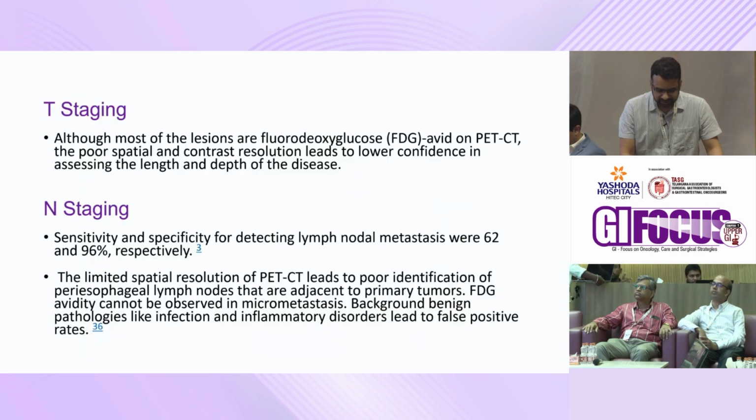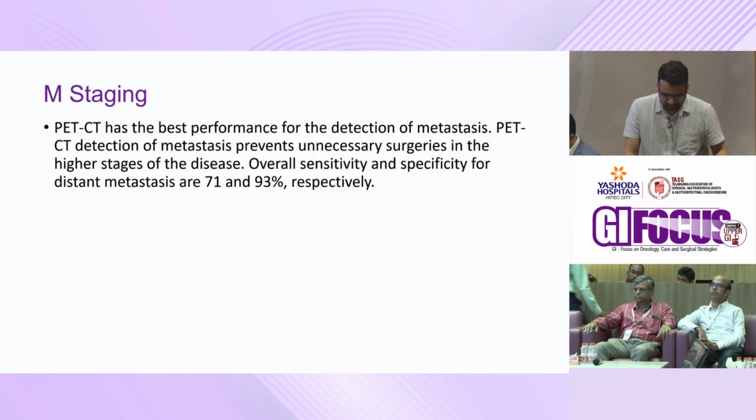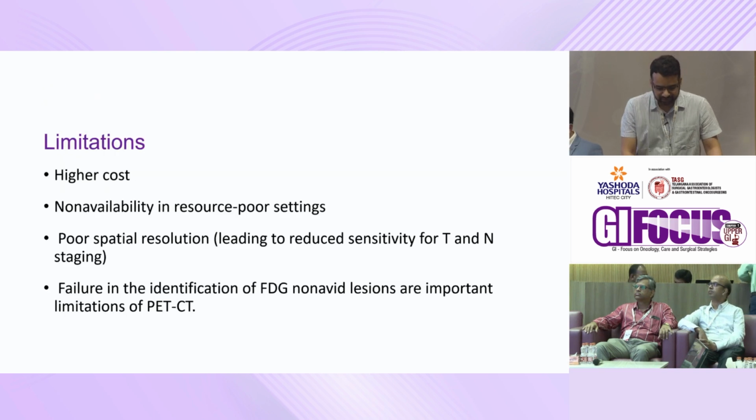For T stage, FDG PET is not good because of poor spatial and contrast resolution. The sensitivity for nodal involvement is 60 to 96%. The limited spatial resolution of PET-CT leads to poor identification of periesophageal lymph nodes adjacent to the primary tumor. Coming to M staging, PET-CT has the best performance for detection of metastasis compared to other modalities. What are the limitations? It has higher cost, non-availability in resource-poor settings, poor spatial resolution, and